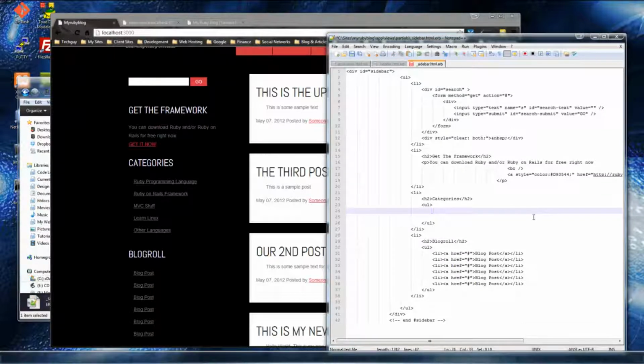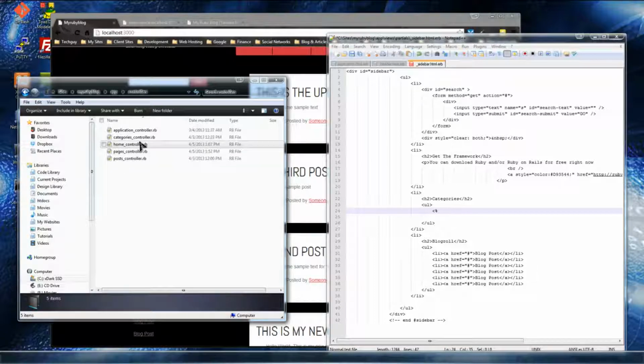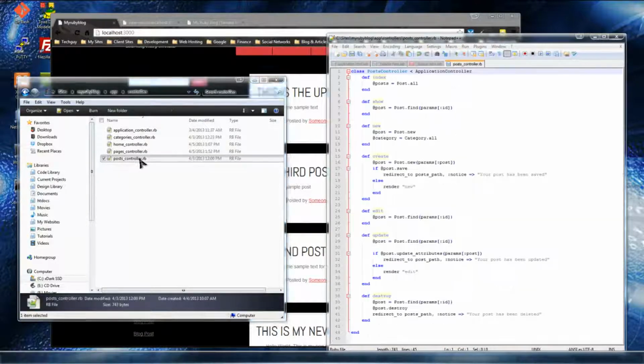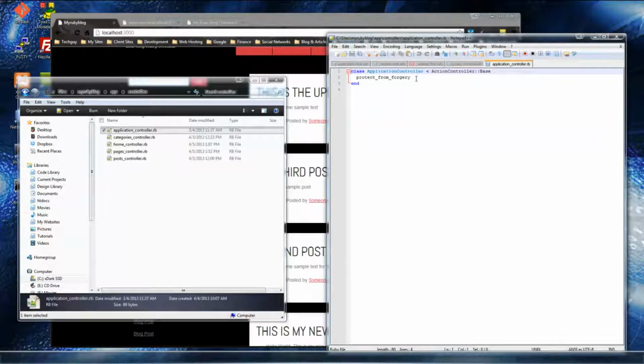So let's do, and if you remember, if we go to app controllers, post controller, and we have this category equals category all. I want this to be global, because this here is only given to the post controller, the post resource. I want it to be accessible from anywhere. So how we do that is we actually go into the core application controller, and we just add in a